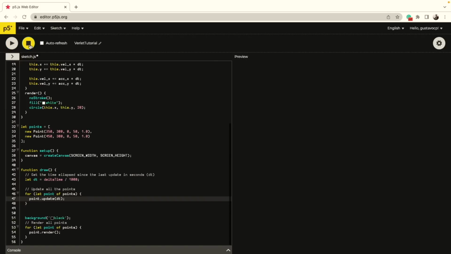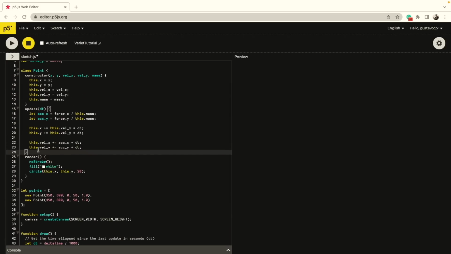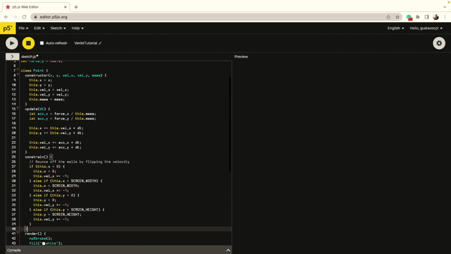Let me just pause right here and let's force these objects to always stay inside the canvas, right? So let's bounce back up, bounce from the left, bounce from the right. We have to just constrain these points to be always inside the canvas. And I'm going to save us a little bit of time, and I'm going to come here in our point and add a new function called constraint. It's going to constrain that point inside the canvas width and height, which is basically bouncing off the walls by